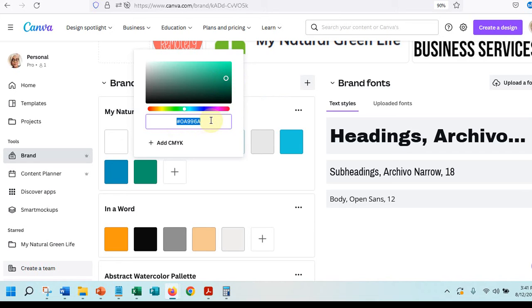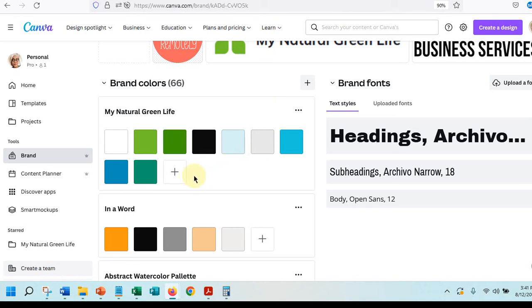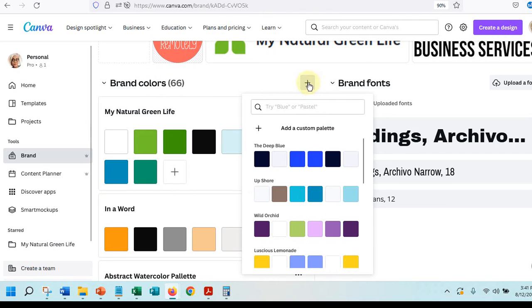Pound, it looks like an O, A996A. And so there's another color that I could add to my color palette. And that's really all you do. Just go into brand colors, you click on the button, and then it's going to show you